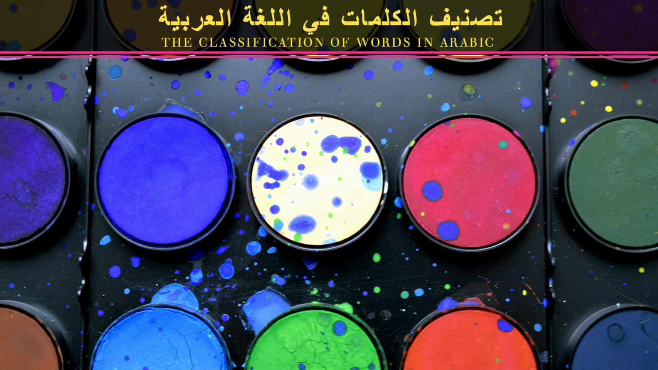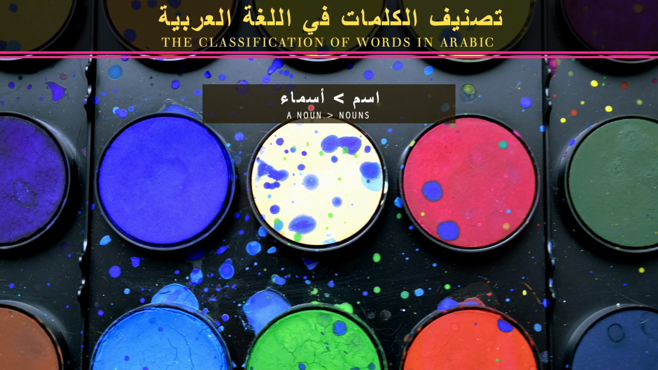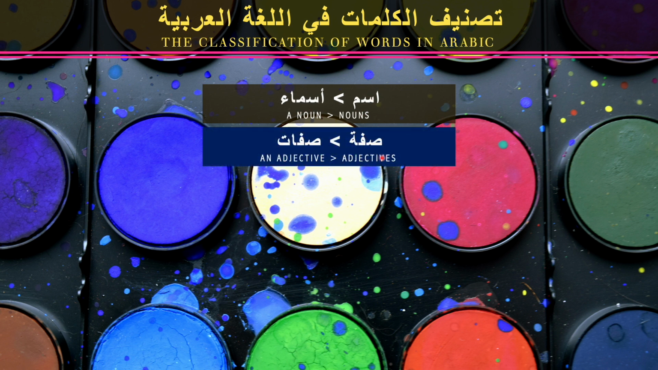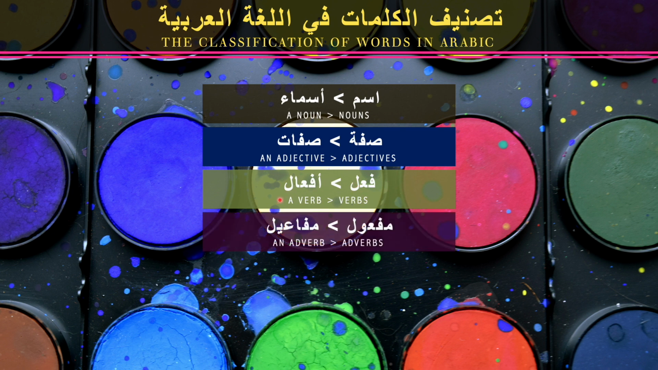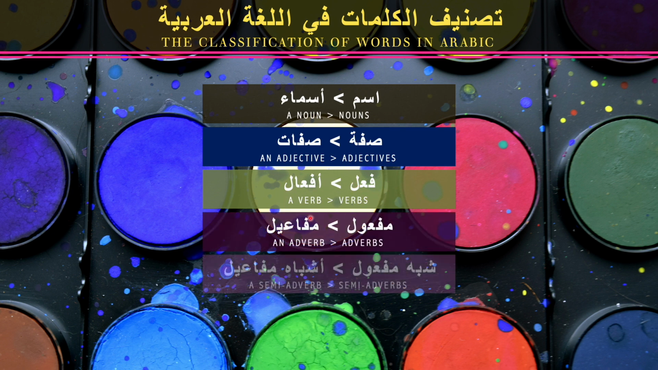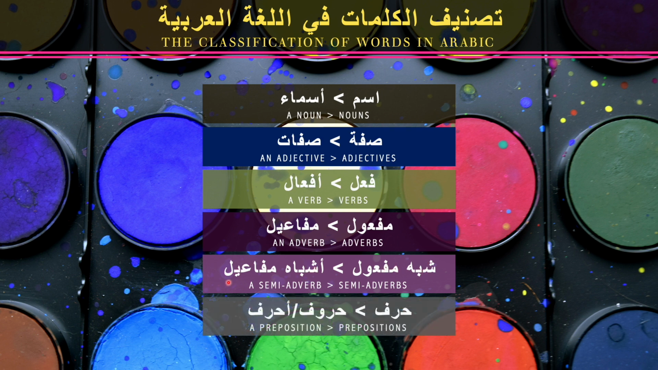At first, I would like to show the classification of the words in Arabic in an overview. We have اسم, أسماء, صفة, صفات, فعل, أفعال, مفعول, مفاعيل, شبه مفعول, أشباه مفاعيل, حرف, حروف or أحرف, plural format for حرف. What I want you to understand here, in Arabic, the core word classification, like if we want to